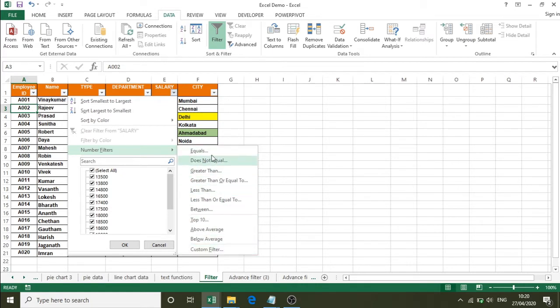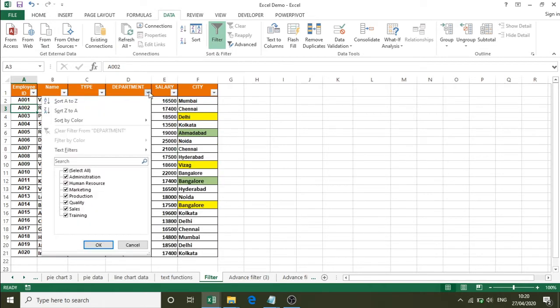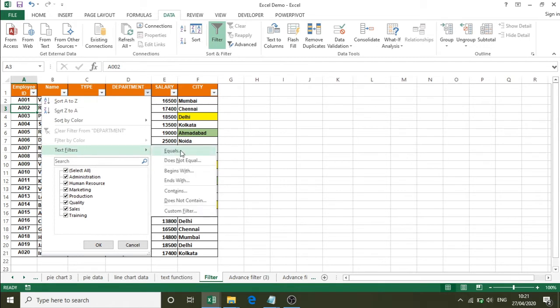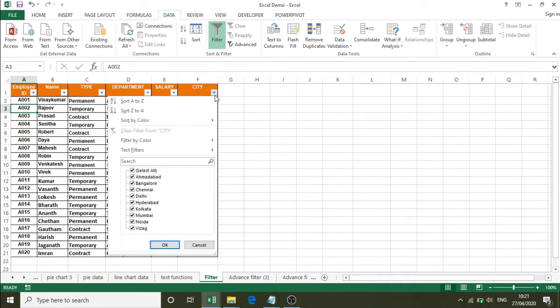So, you can observe a number of criteria that you can apply. Similarly, for a text type column, you can observe text filters: equals, does not equal, begins with, ends with, contains. These are all the options you can observe in text type of data. The filter button also supports sort by color.